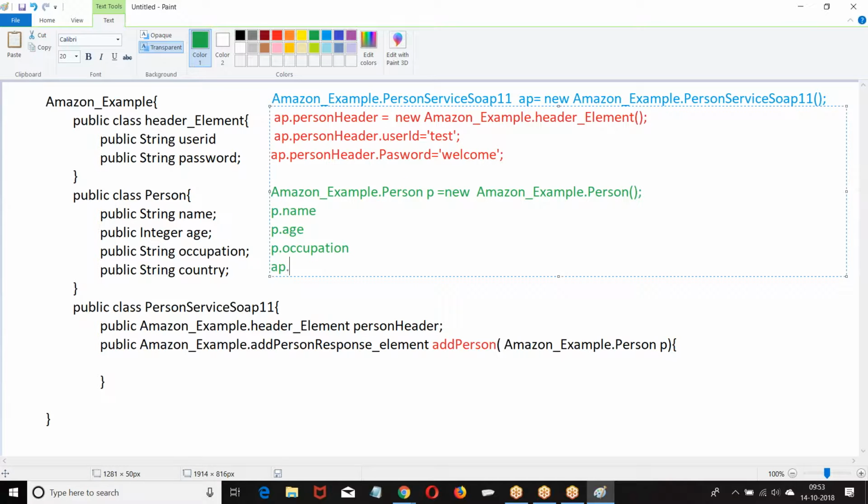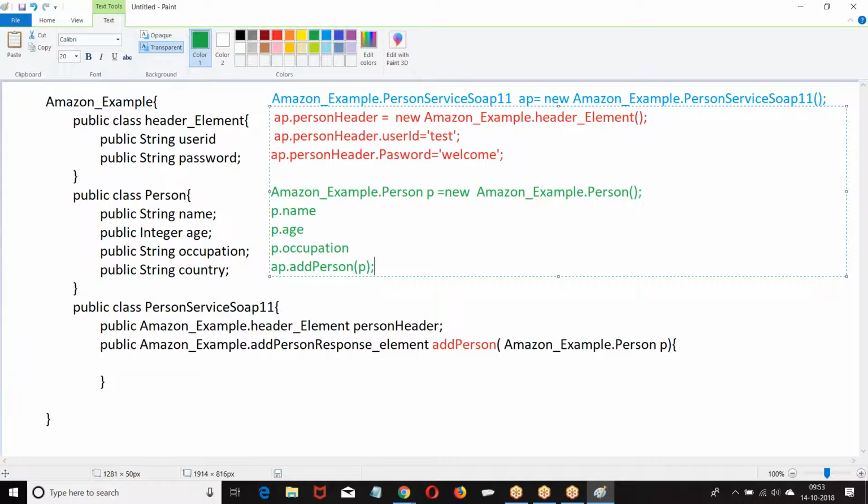Then ap.addPerson. So we are passing our authentication data in the header element, and whatever data we want to insert, we are passing in the method. Did you follow my point?